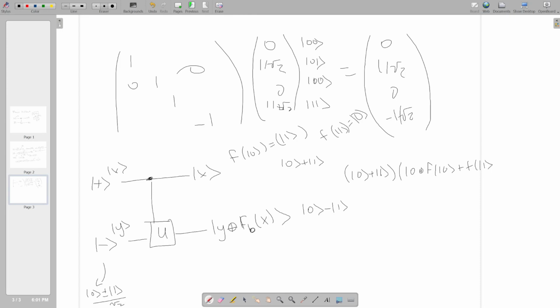And then I'm just going to simplify this to 0 XOR f of x. And then we have minus 1 XOR f of x. So we can clearly see that, okay, this 0 XOR f of x is just f of x, right? This is what it is, because 0 XOR anything is just whatever that other thing is. So if we're given this information, then we can see that,